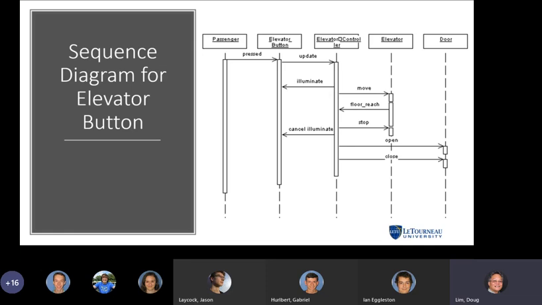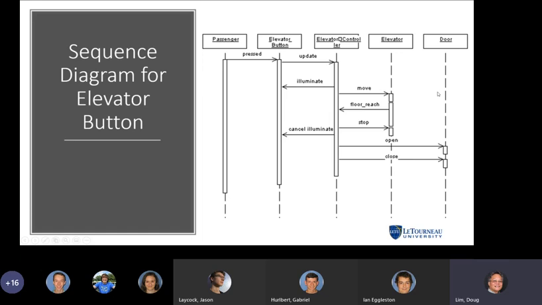But yes, either the door has to be already open or you open the door, and certainly if we close it after a duration, which is shown in the elevator controller, then yes, you would have to have the press button, update the elevator, and you would have to open the door, close the door, and then start your movement.